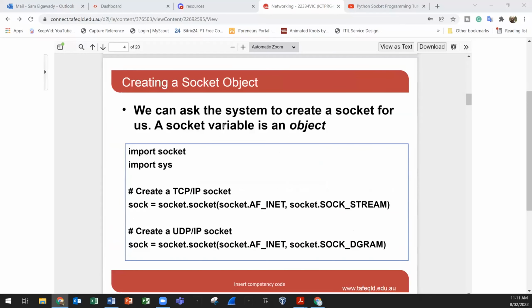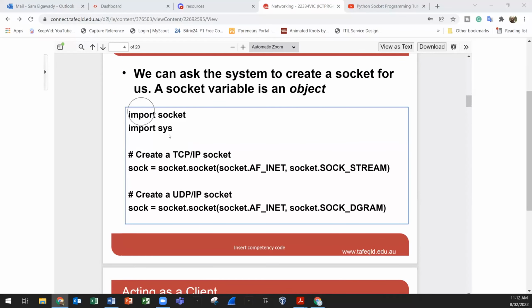So you can ask the system to create a socket for us. A socket variable is an object. So import socket, import sys, then the note here saying create a TCP IP socket. So sock equals socket.socket, then we are getting the sock stream, inet, we are getting the data. We can also